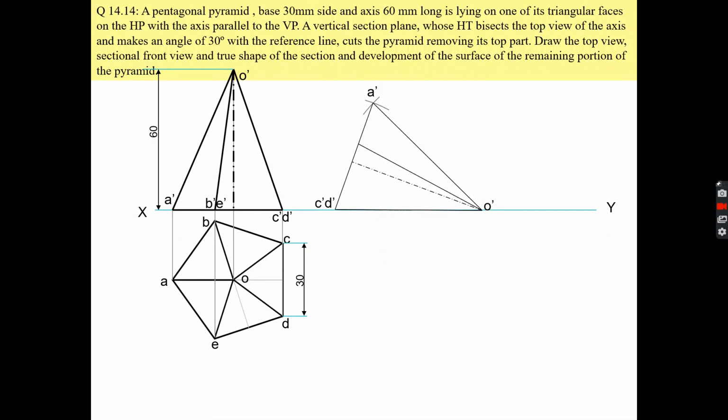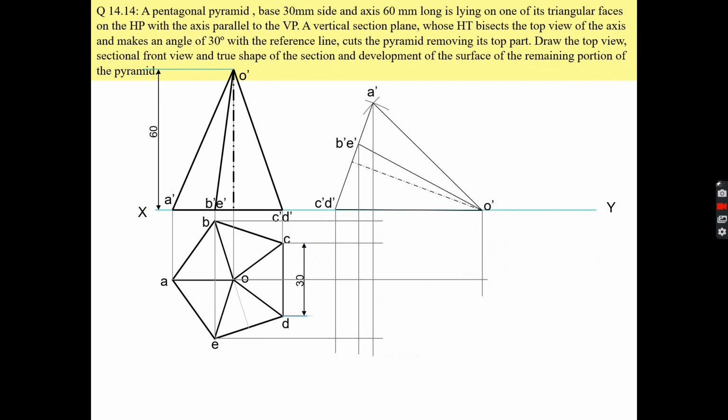Now we will make the top view of that solid. For making the top view of the solid, we have to draw the projectors from each and every point like this. Okay, I will show you, right? And also you have to draw the projectors from these points A, B, C, D, E, and O. So wherever they are cutting, from O, this is your projector.